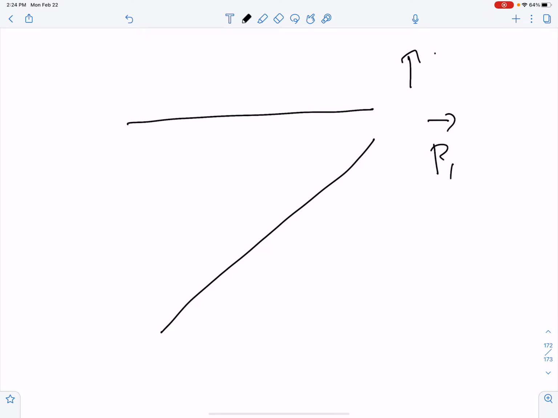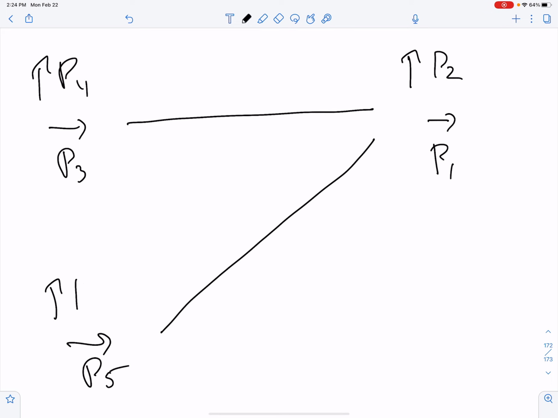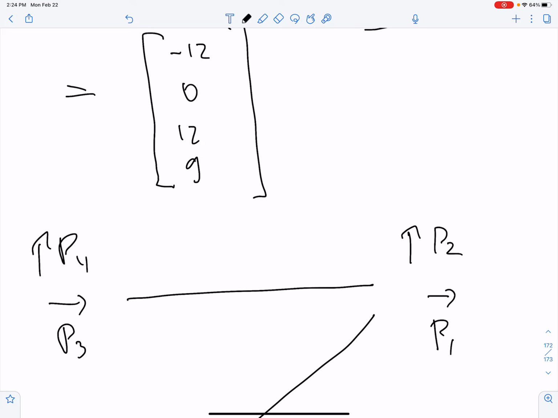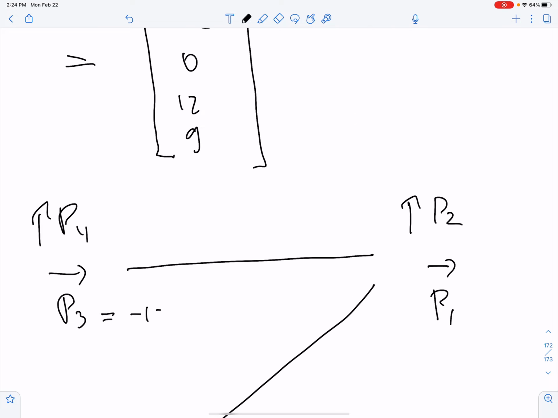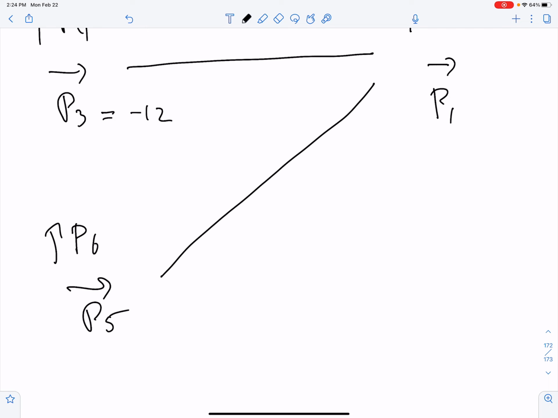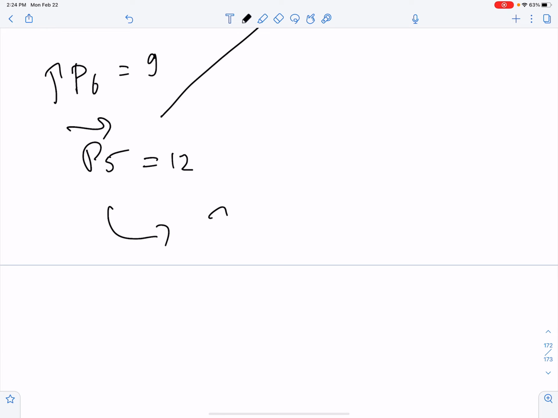These were P1 and P2 that you prescribe, and these were P3, P4, P5, and P6, the support reactions. Based on that answer, P3 becomes minus 12, P4 is 0, P5 is 12, and P6 equals 9. And this is exactly